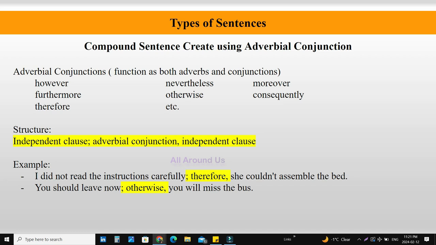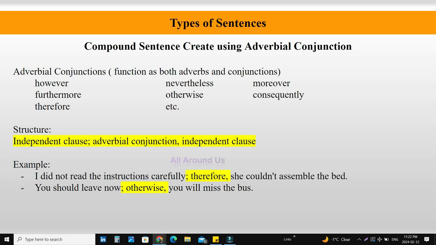Compound sentence creation using adverbial conjunction. What is an adverbial conjunction? Adverbial conjunctions function as both adverb and conjunction. Examples are however, nevertheless, moreover, furthermore, otherwise, consequently, therefore, etc. Structure: independent clause, semicolon, adverbial conjunction, comma,